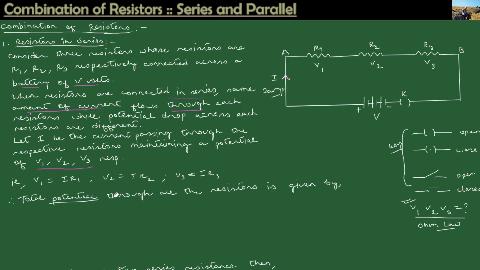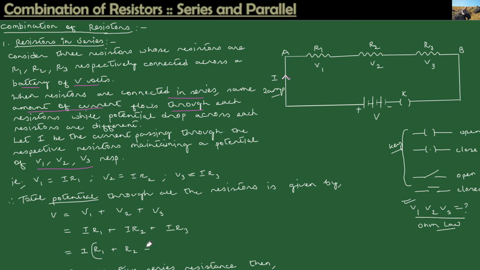So in order to find the total potential of all the resistors across these given points A and B, let V be that potential, or we can write it as Vs. The total potential will be the addition of all the potentials across each respective resistor. So this will be I R1 plus I R2 plus I R3, which means that I is common, so we can write this as I times the bracket of R1